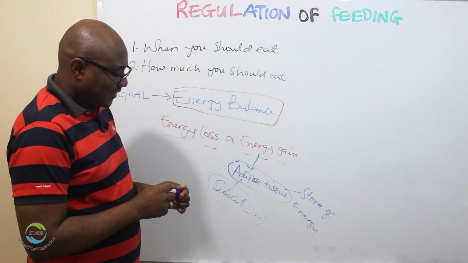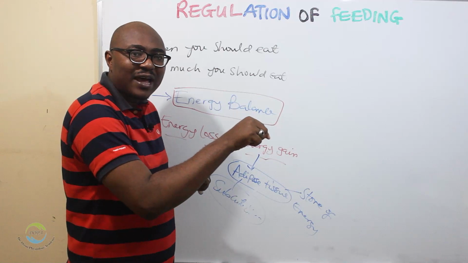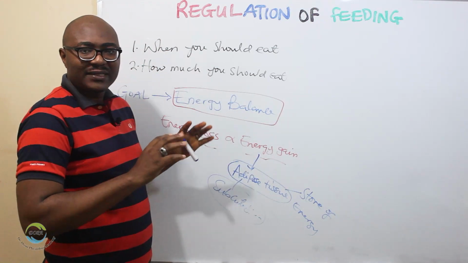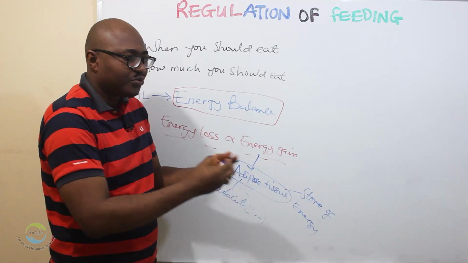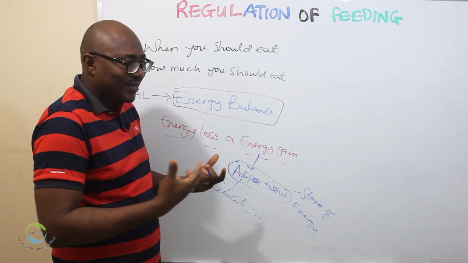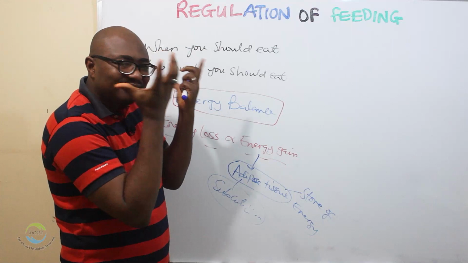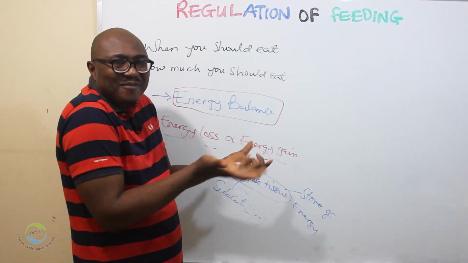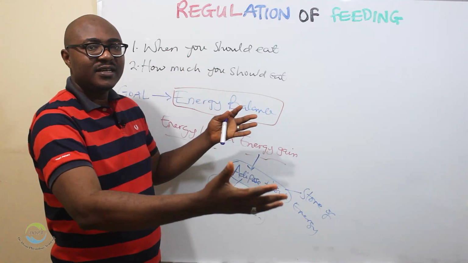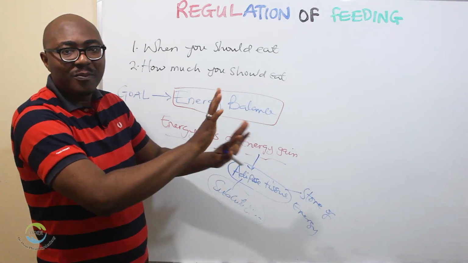Sometimes you can give someone a particular meal, maybe a soup, and because that person loves that meal, the person will eat so much of that food at a time. The same soup you give to another person who doesn't like it, they eat small. So what is determining this is not really whether the person is hungry or not, but cultural and personal preference. A lot of psychological factors can influence how much you eat. But we don't want to go into other complexities.